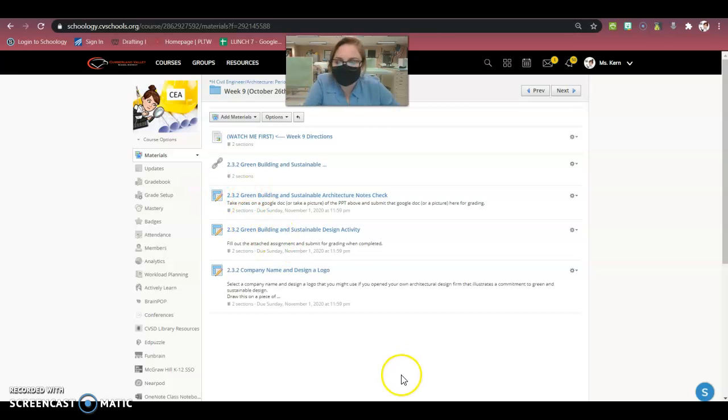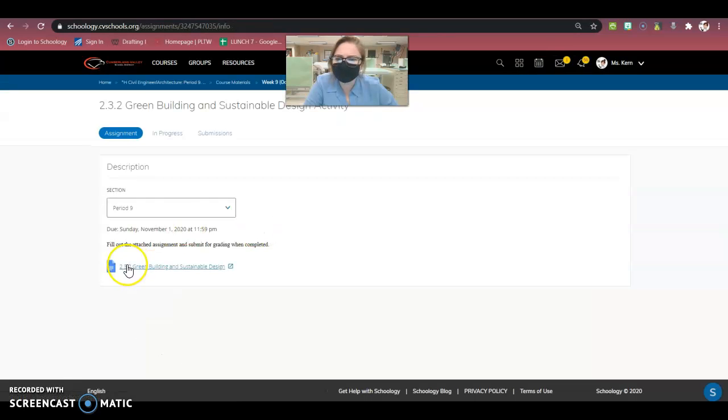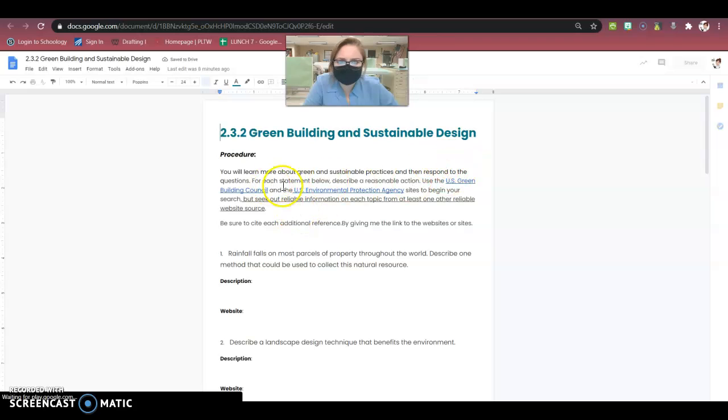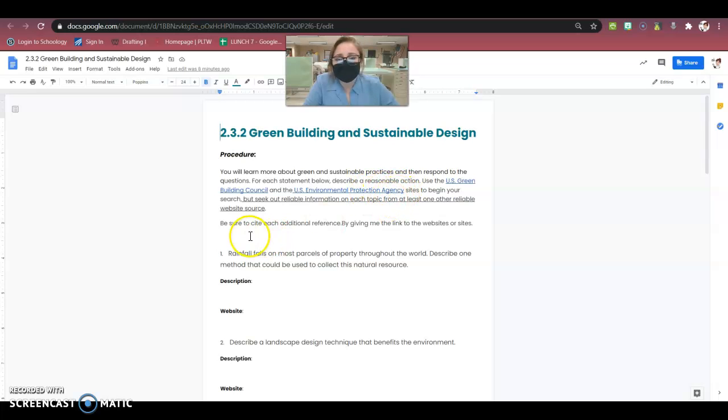The next thing is still aligned with the PowerPoint that you will have gone over, but this is the green building and sustainable design activity. You are going to use a couple websites, the U.S. Green Building Council website and then the U.S. Environmental Protection Agency website, and you're not limited to just those two, you can use reliable information